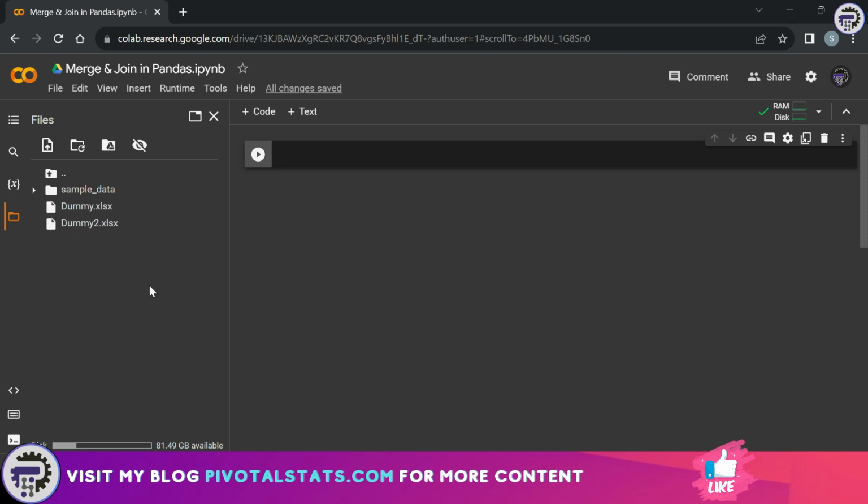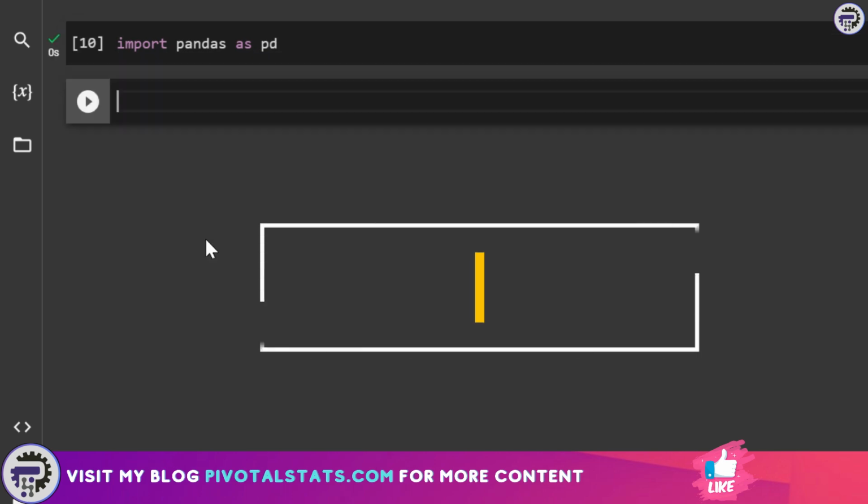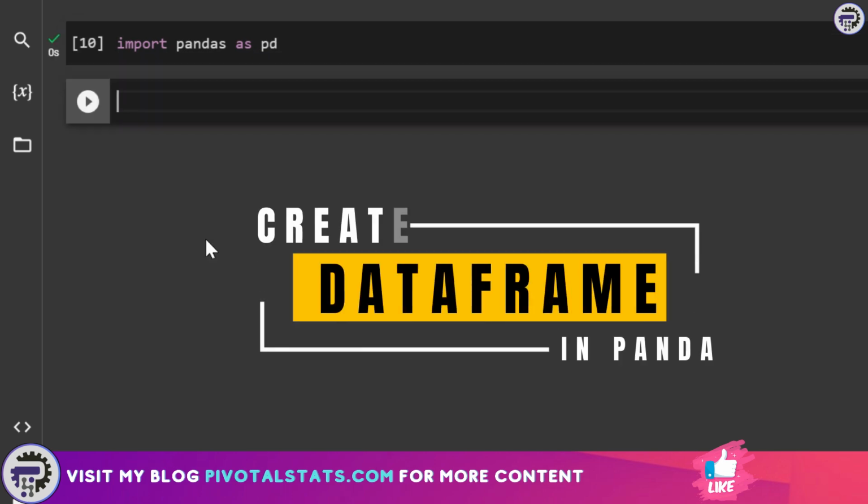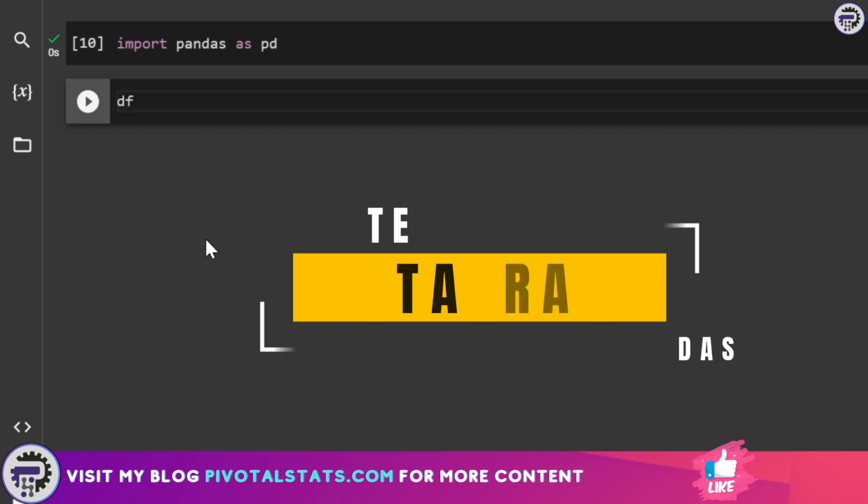Okay. So now that I have uploaded my data here, I'm going to just click on this 3-dot icon and copy the path from here. And I can close this panel here. And the first line of code that we have to write is obviously import pandas. So I'm going to write import pandas as pd. Next, I'm going to create a data frame using the data that I just uploaded. So I'm going to say df is equal to